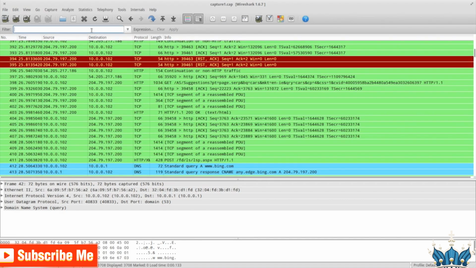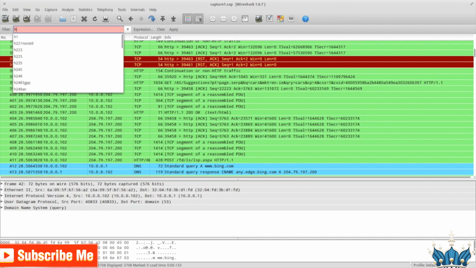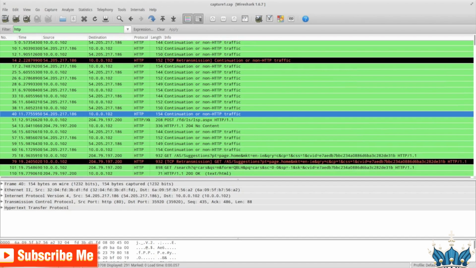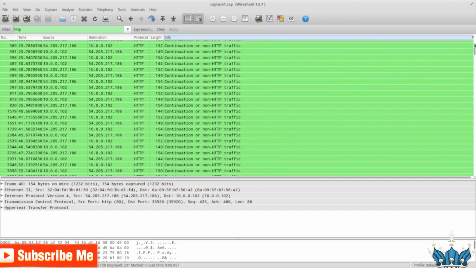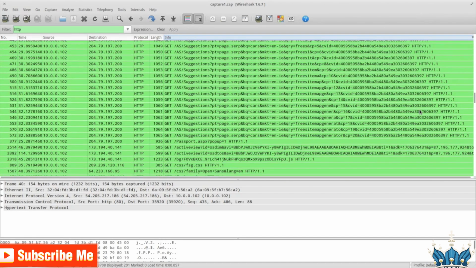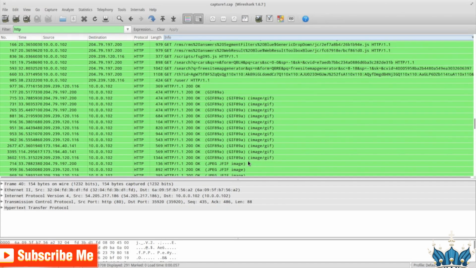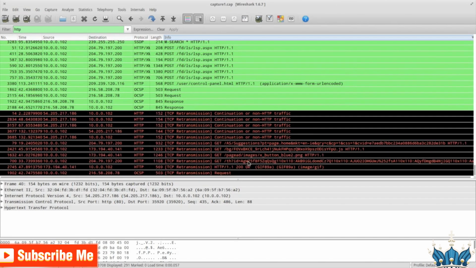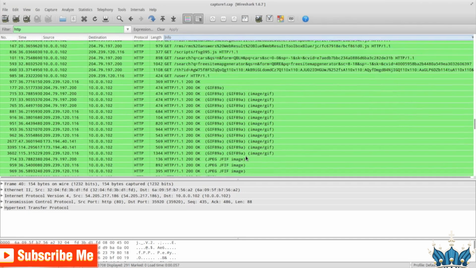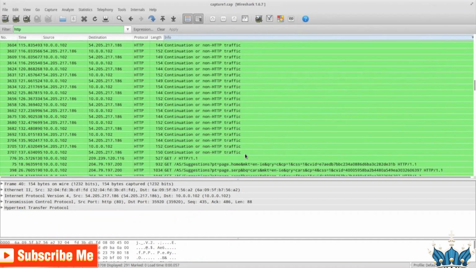You can use this part to filter the packets. So right now I'm actually looking for the username and the password. So I'm only going to look for HTTP packets, and I'm just going to type in HTTP and enter. And that will filter, and it'll only show me HTTP packets. Another thing you can do is just click on the info, and it'll organize packets for you by their info. So I'm actually looking for POST, because usually when you put a username and password, they're actually sent using POST. So I'm just gonna scroll down until I find a POST request sent,